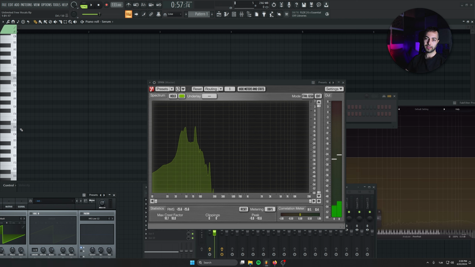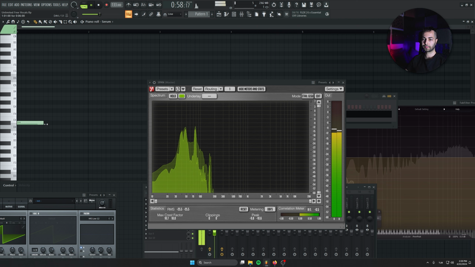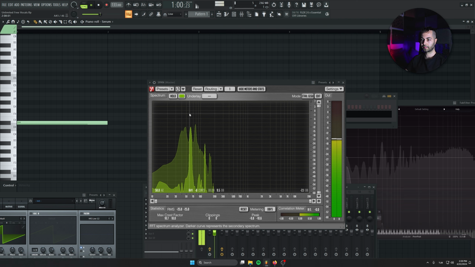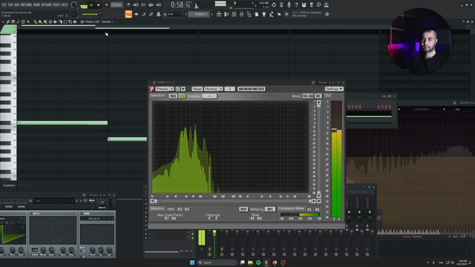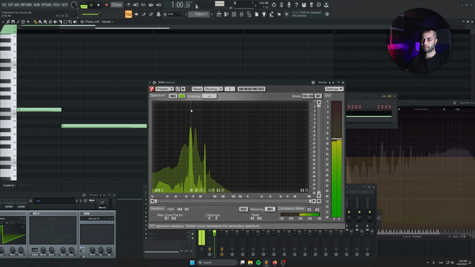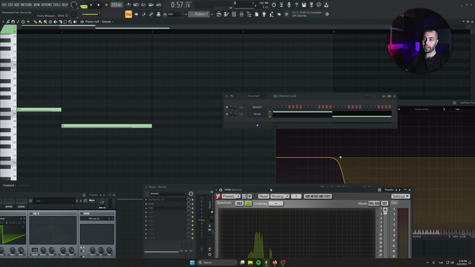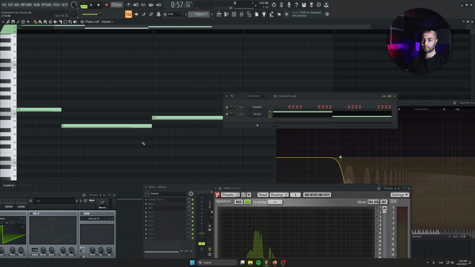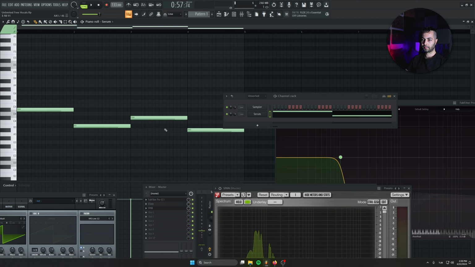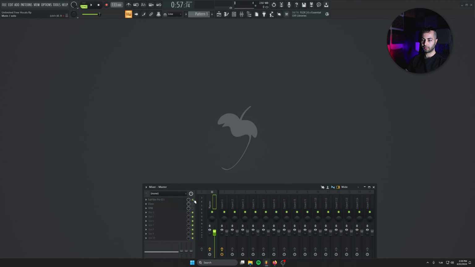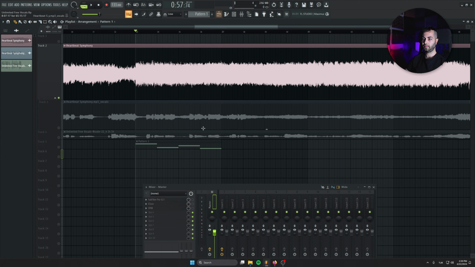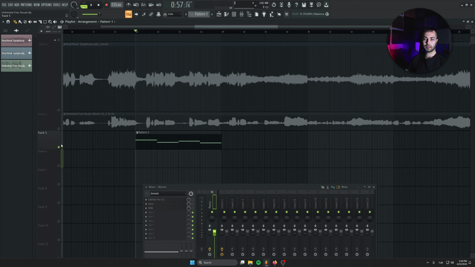It starts with D sharp, and it goes to B, and C sharp, A sharp. That's the progression. Now I'm gonna get rid of the mixer high cuts. We don't need them anymore, so this is the progression.